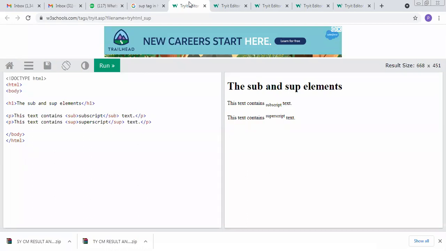Superscript can be used for text like when we display the second, meaning we display the ND on the top of that particular 2. When we display the date, at that time we have to use the superscript. And for the subscript, the text is surrounded by the opening and closing SUB tags. The appearance is half a character which is below the baseline of that particular character or text.